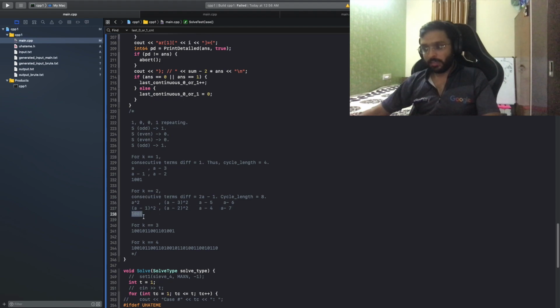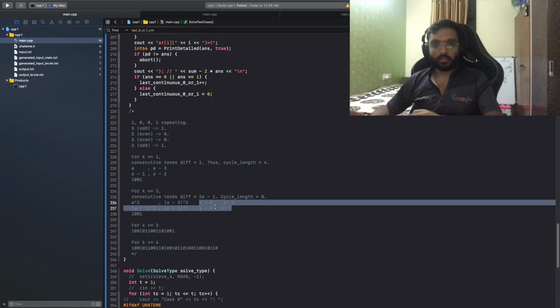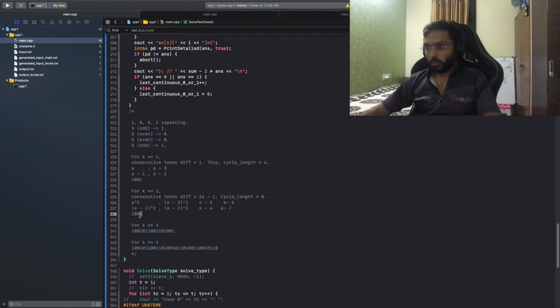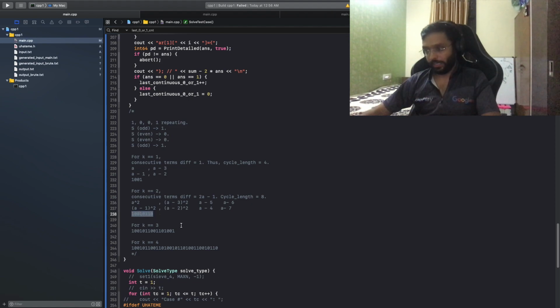That means that due to these four terms, my friend will gain 4 extra candies, because that was the generic thing, and ultimately 4 minus 4 gets cancelled, and we will have a cycle length of 8. So our assignment will look something like 1001, then 0110. It means the entire negate of this is added at the end, and that's it. The cycle length becomes 8.